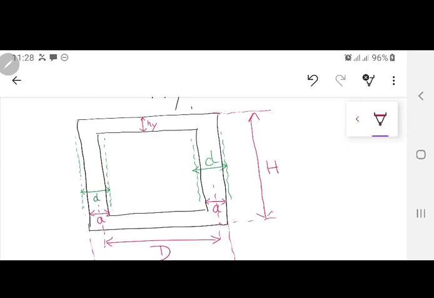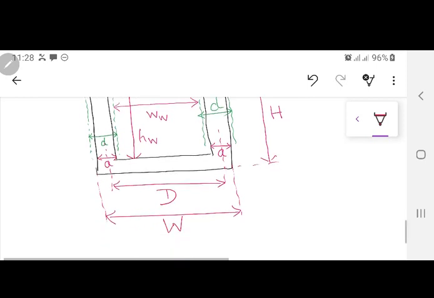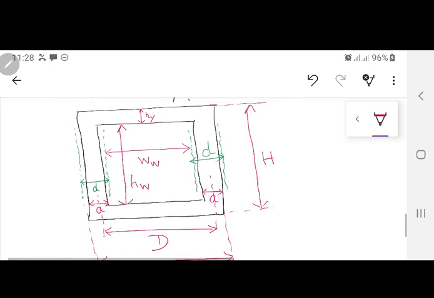And in the second lecture we have decided on this one that this distance to this distance is the width of the window area, and from here till here this is HW. Agreed on these? Okay, we have done this one. Just 2-3 things new. One is the D, that is actually from center of one limb to the other limb, that is the distance between the two limbs over there. Then you have W, and then you have height of the transformer, that is H over there.